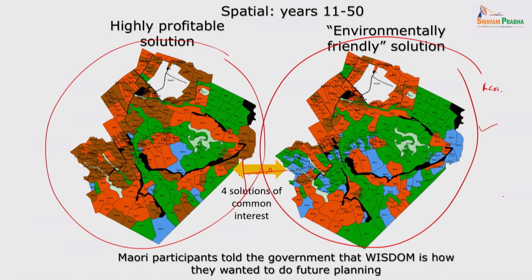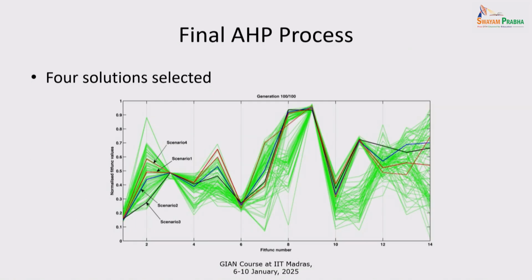Now we go to the policymakers, government officials, start from here and then go towards that, and we found some common things that they have. Fortunately, there are 4 that we found common between them. And these are these 4. So this is again the value path or the parallel coordinate plot. 14 objectives, as you see. Each vertical line is an objective, and each green line is one of those 100 solutions, showing the trade-off.